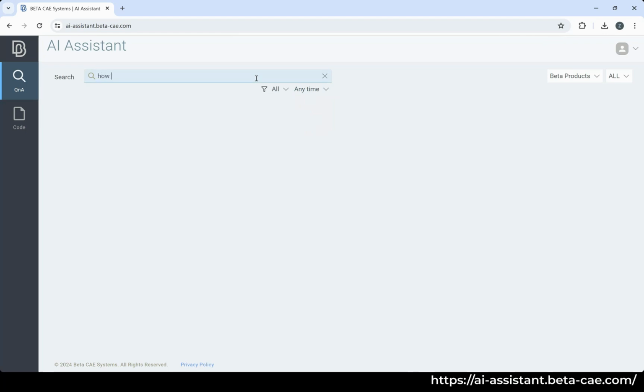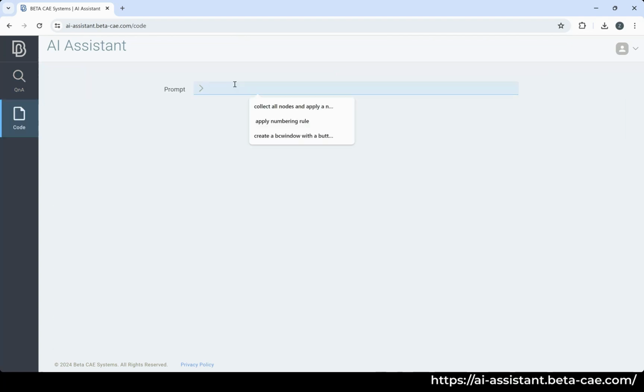This means that direct questions may be asked and direct answers will be provided, subject to the context on demand. The AI Assistant is developed using the latest technologies to provide accurate results. There is also a code generator, where the user asks for help in generating scripts, combining BETA CAE functionality.